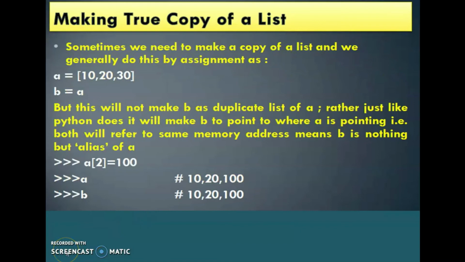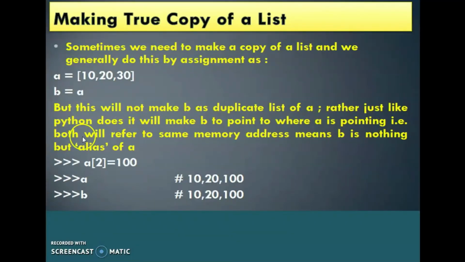Then how to make a true copy of a list? Sometimes we need to make a copy of a list and we generally do this by assignment, as A = [10, 20, 30], B = A. A is a list. Directly we assign this A to another variable B. But this will not make B a duplicate list of A. Rather, it will make B point to where A is pointing.